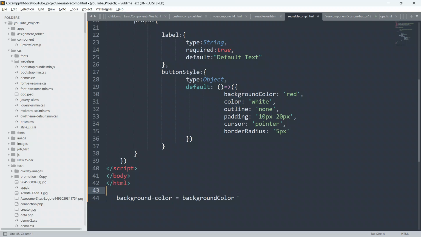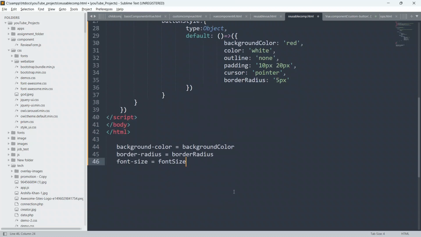Let me explain one more thing. If we have border-radius in CSS, in JavaScript we can write it as borderRadius, with capital R. And if you have font-size in CSS, in JavaScript we will write fontSize, with capital S. So always remember, if in CSS we write like this, in JavaScript we write like this.